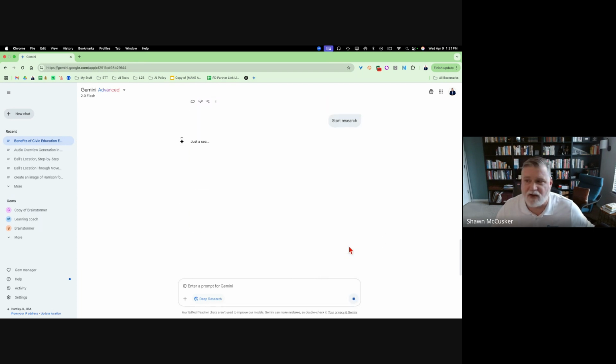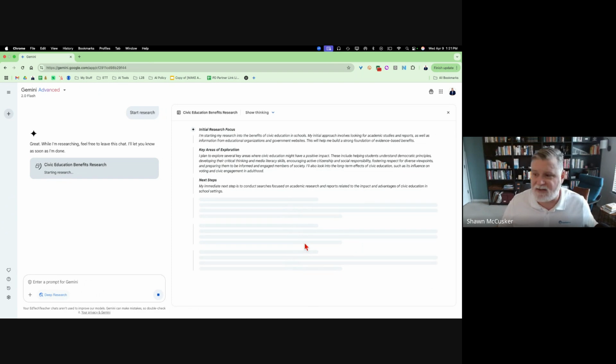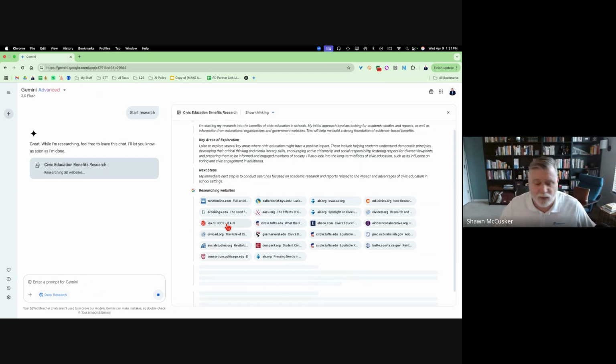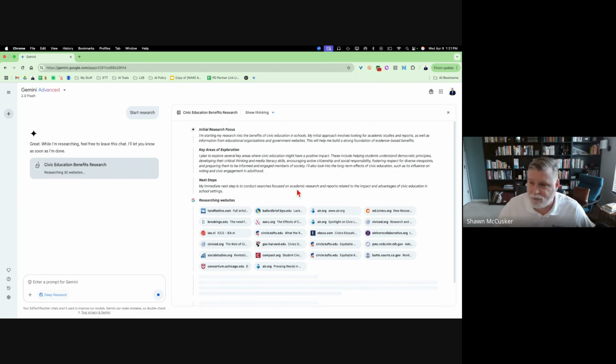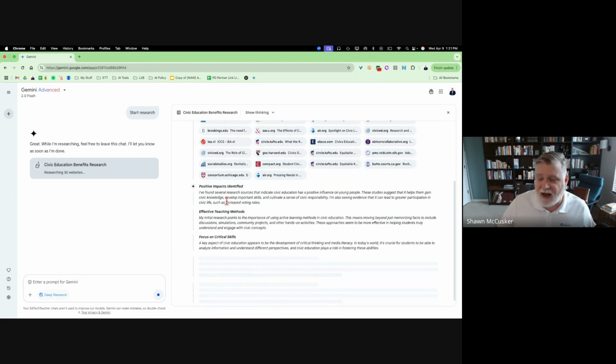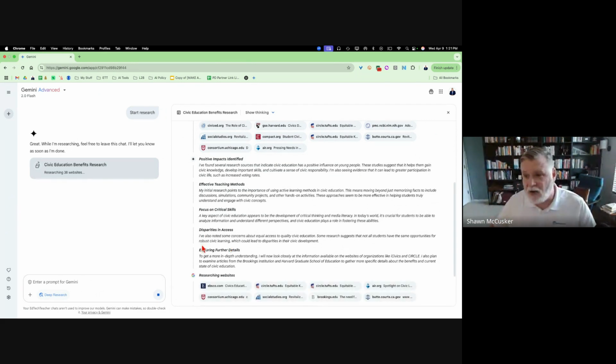Okay, you can click on starting the research then, and it will dig in and start actually pulling up the specific sources. So in terms of academic uses, this is way more effective, way more academic than what we originally saw in the early versions of LLMs, large language models. And then notice that it has these researching websites that you can use. So you've got some responsible use. It's got initial research focuses, key areas of exploration, and then it will continue to write about positive impacts, focus on critical skills, and give them a starting point to overview a topic. You can go ahead and take a look at that really quick.